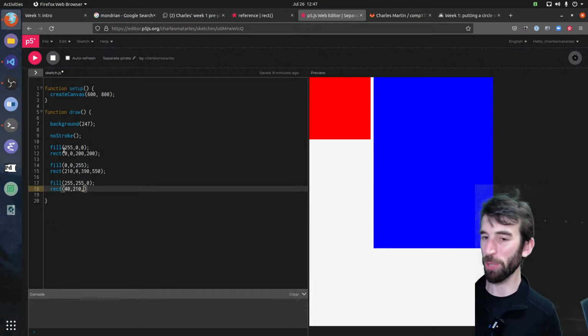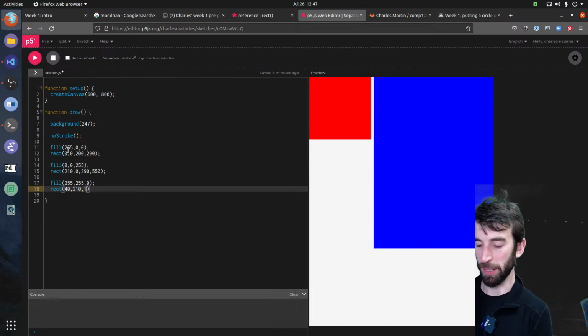So the square is 200 pixels in width, minus 40. We're going to get 160 left, and then I want to have a height of 320. There's my yellow square.